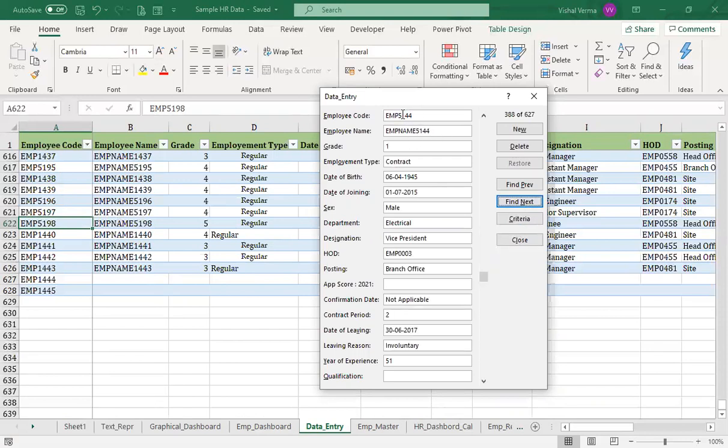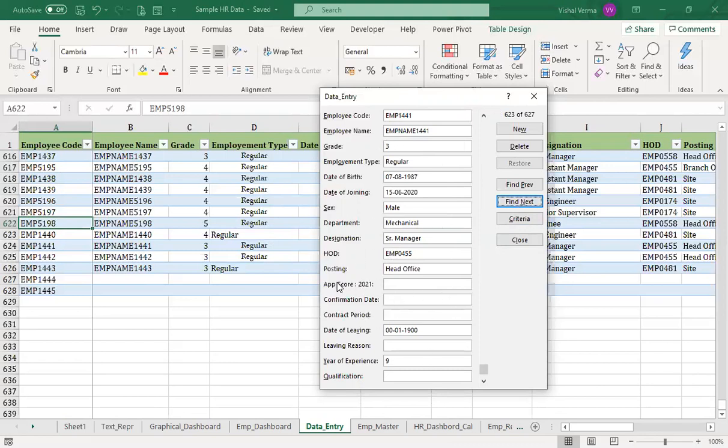Employee 144 is available here, so it is fine. Is there any 144 available again? We have got employee 1440. Do you have any other employees? Yes, 11441. So wherever we put the star here, it will find those employees, and we can make the amendment changes here.